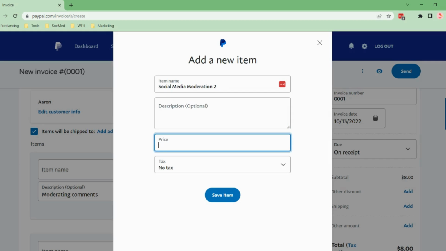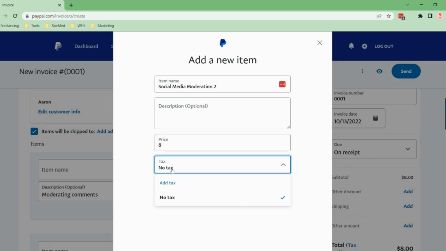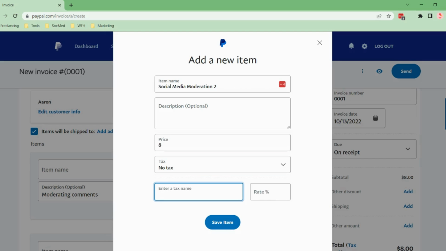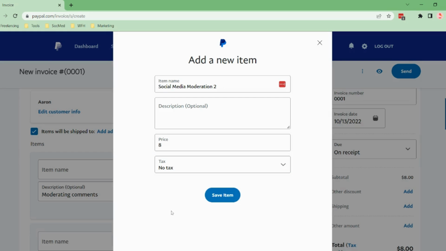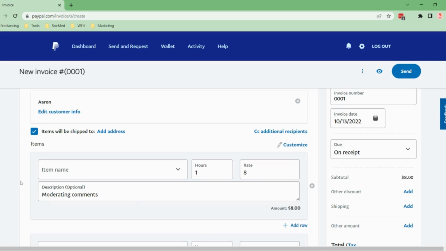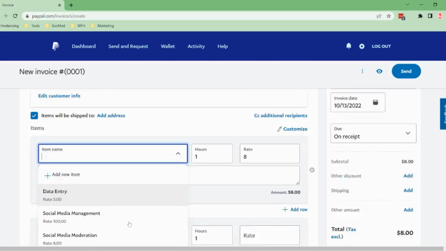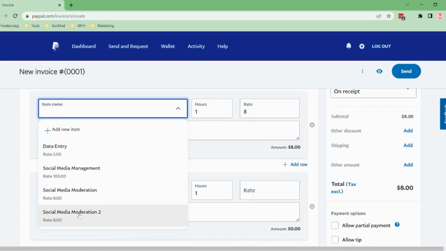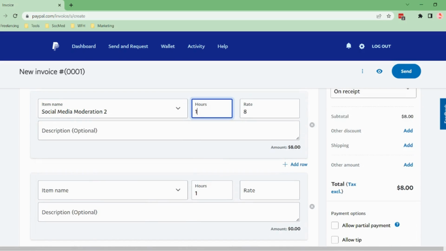And then, lagay mo dito kung anong hourly rate mo. Let's say $8. Di ba? Then, select lang natin yung no tax. Kasi pag may nalagay ka na add tax, lalagyan mo siya ng tax name at saka yung rate. So, in this case, let's just select no tax and then save item. Ayan. So, for the item name, let's select yung social media moderation 2, yung task mo kay client, and then